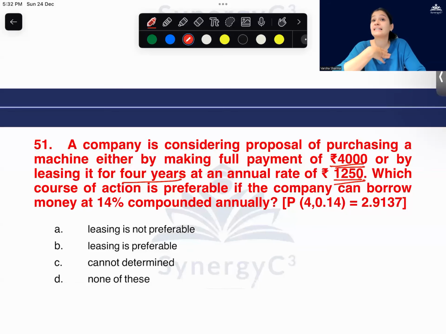I'm the one who either needs to buy the machinery or rent the machinery. If my money is going out from my pocket, I want to pay less. So whatever costs me less, I'm going to do that. If I were the owner of the machine, I would prefer to get more. Agree? So always think of the point of view. Here, who am I? I'm trying to purchase the machinery. I'm trying to use the product, not sell the product. I want less money to go out from my pocket.